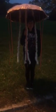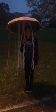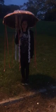I'm Megan, and this is Squishy. Squishy is my jellyfish. Squishy is from class Scyphozoa, which are the true jellyfish, from